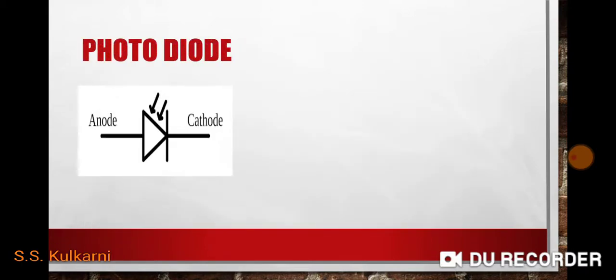Now let us move towards the photodiode. Here this figure shows the circuit symbol of photodiode. It is exactly reverse to the light emitting diode. As I told you, light emitting diode emits the light, hence the arrowhead in light emitting diode is at the outermost side. But in photodiode, what happens? In photodiode, the diode absorbs the light and generates the electrical magnitude across the output. Hence, the symbol is like this. The arrowheads are in inward direction.